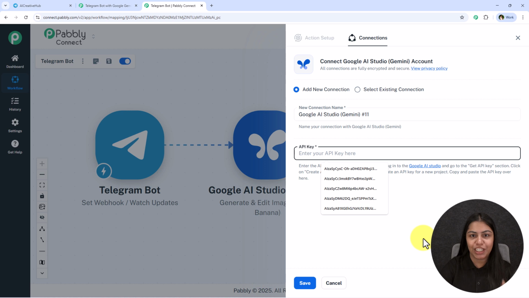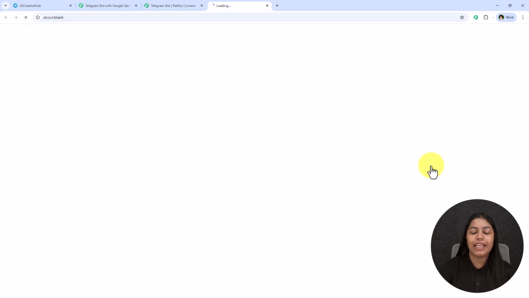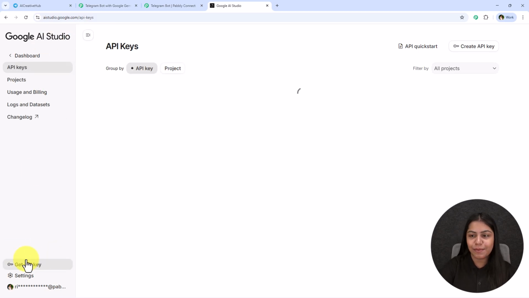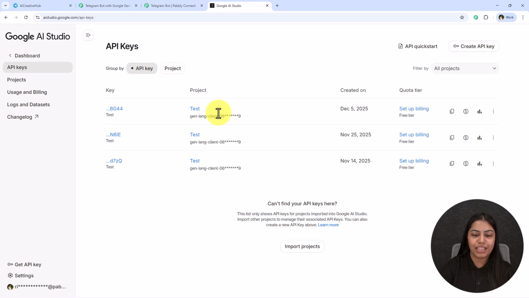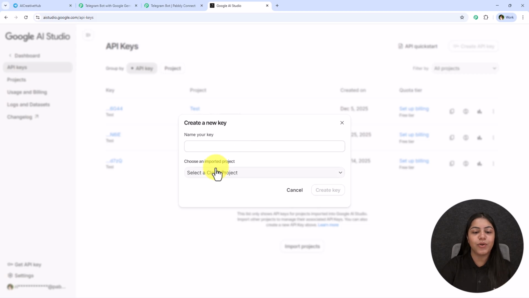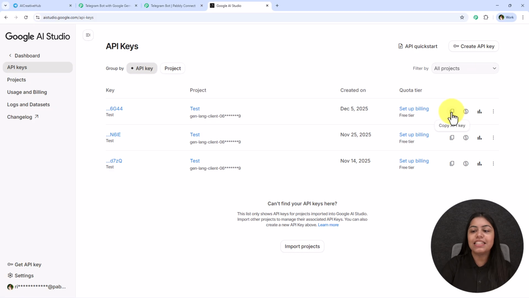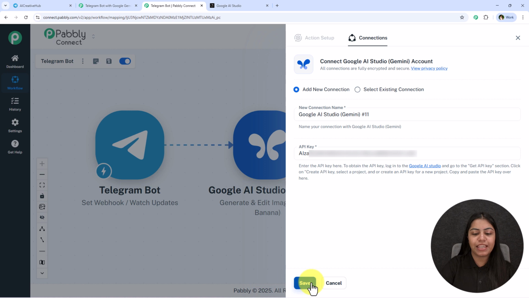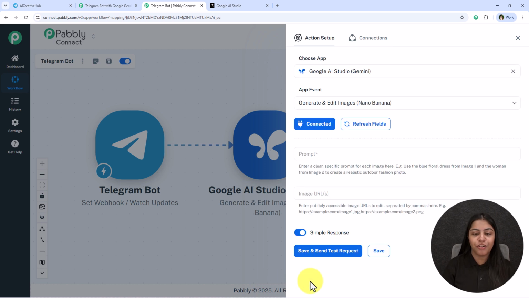this API token. So to get this API token, open your Google AI Studio. Once you open your Google AI Studio, from the left end of the site, you're going to see the option of get API keys. So let's wait, and you're going to see the option of this get API key. So let's go on this get API key button, and you're going to see all the API keys which I've already created. If you wish to create a new key, go on this create key button, enter your key name, select the project, and click on this create key button. Your key will be created. Then simply copy the API key and paste it right over here. And after we paste this API key, click on this save, and your Google Gemini account will be connected with